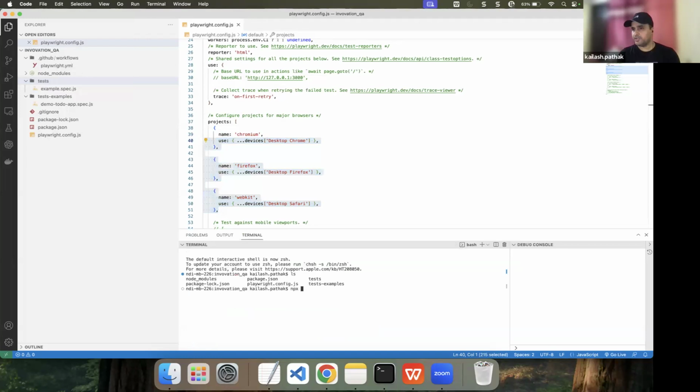So this is the command actually. If you want to run our test case, playwright test, and suppose I want only one test case, because I think I have only one. If I have multiple test cases, because in the test folder I have example.spec.js, you can also mention it like that. Right now I am running my test cases in headless mode, right? So if I run the test cases,